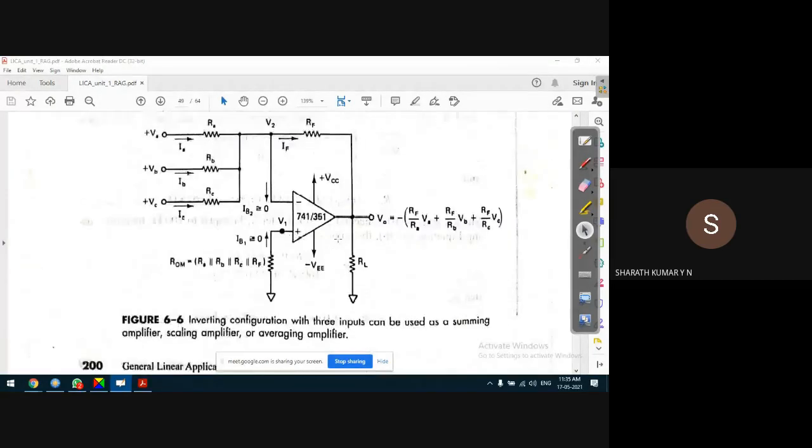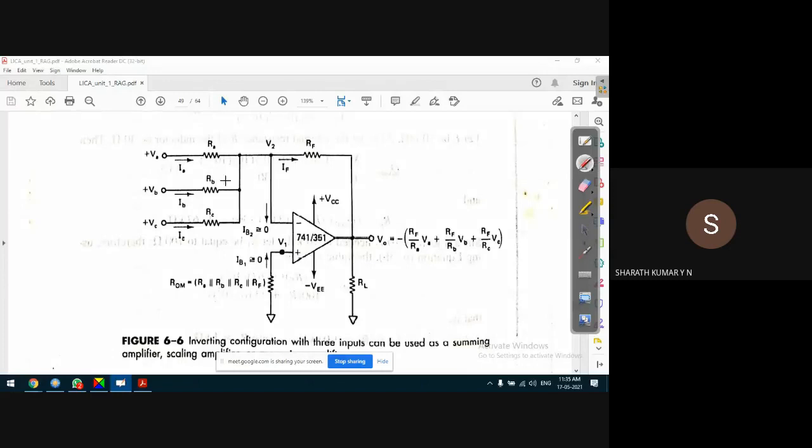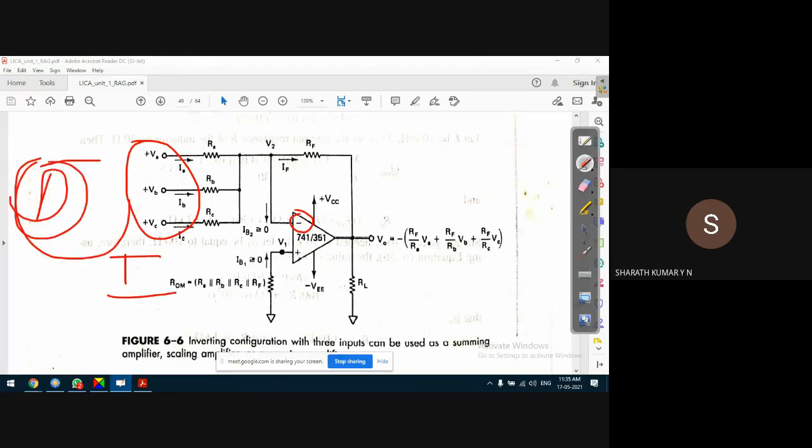In this circuit, if you see, this is a summing amplifier. In this case, what we can see is the voltages are applied only to the inverting input terminal. So in this case, it's an inverting amplifier, not a difference amplifier. So what we are discussing now is a differential amplifier used as a